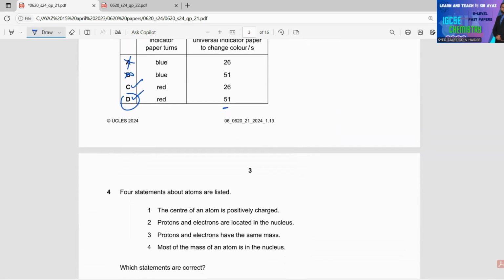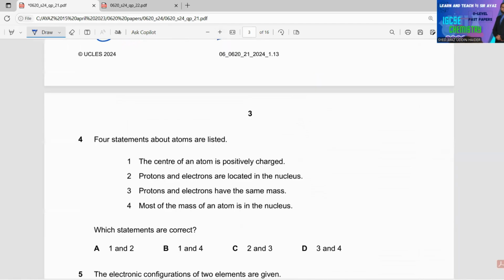Moving to the next question, number 4. Four statements about atoms are listed. 1. The center of an atom is positively charged. 2. Protons and electrons are located in the nucleus. 3. Protons and electrons have the same mass. 4. Most of the mass of an atom is in the nucleus. Which statements are correct? I'm reading the statements again. Number 1, the center of an atom is positively charged. This is correct because in the center you